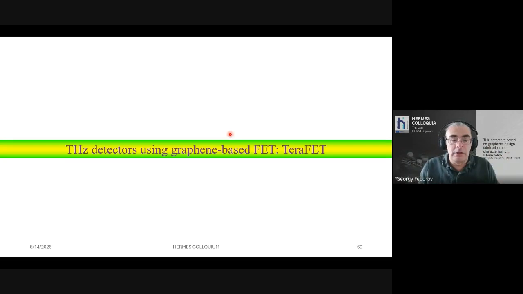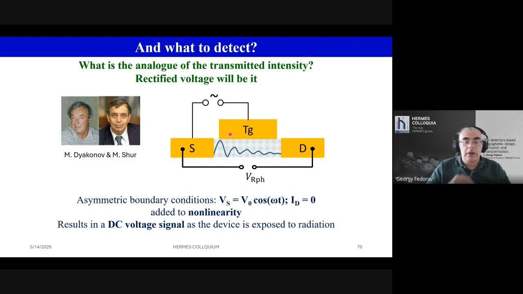So I've told the most important part of my story, which is that rectification is an important mechanism of terahertz detection when you use it for terahertz radiation detection, and graphene is a good material for that. But a more important type of rectification comes not from contact asymmetry or p-n junction. It comes from asymmetry of what is called boundary condition. So this idea that was originally published in 1993 by Dyakonov and Shur, not for graphene, but for any field effect transistor, is that when you